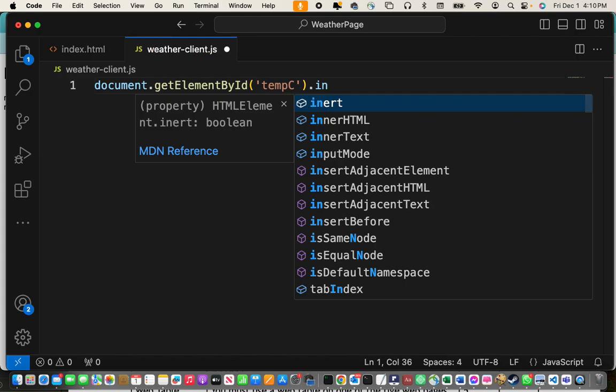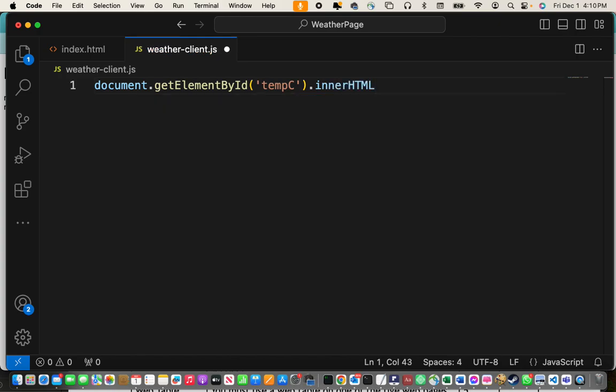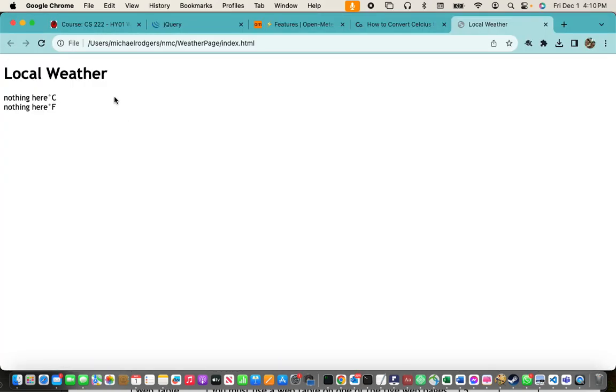dot inner HTML equals something here. And we'll put a semicolon at the bottom. That in itself is going to overwrite what is inside of the span tag. All right, so if we refresh it,